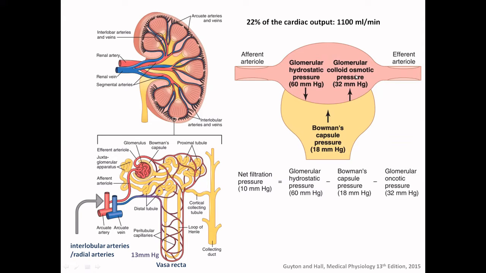whereas the colloid osmotic pressure's role is taking back or pulling the fluid part from the Bowman capsule into the glomerulus, or the capillaries of the glomerulus. So the glomerular hydrostatic pressure should be high, 60, and this is low. And in case of the Bowman's hydrostatic pressure, it is 18 millimeter mercury, so 18 plus 32 equals 50. So net is almost 10 millimeter mercury through which the blood plasma is filtered into the Bowman capsule.